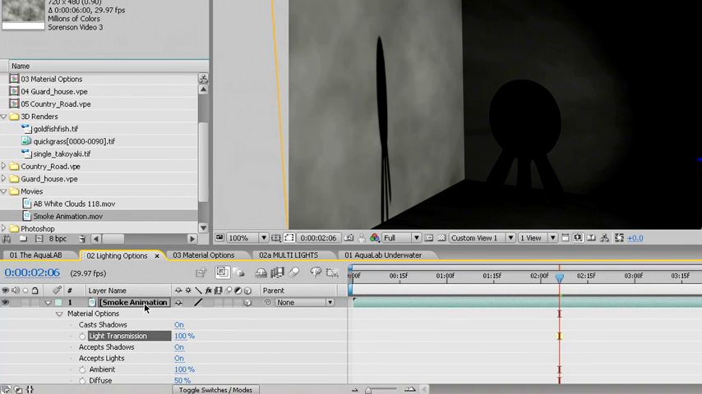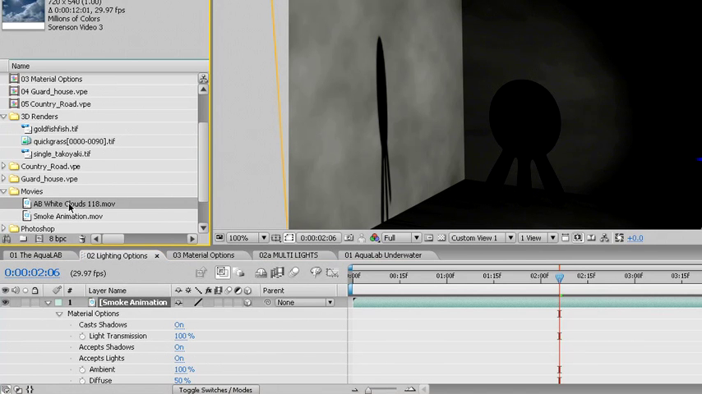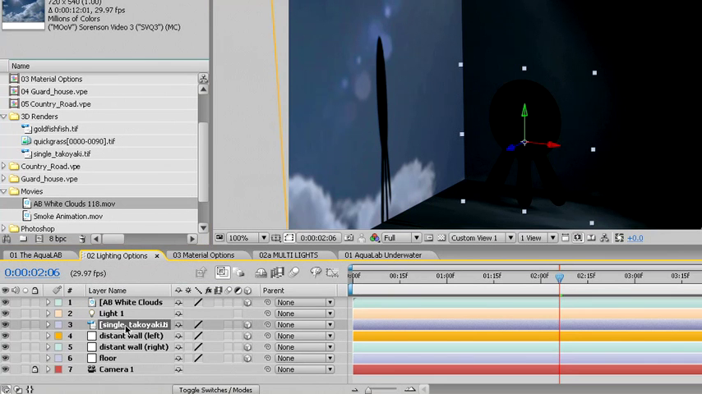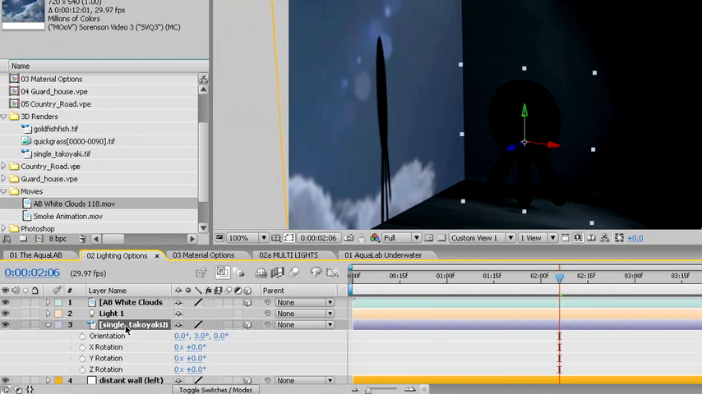We'll select this layer and then switch it out with a movie called AB White Clouds 118. This is a clip of the sky provided by Artbeats. We'll simply select the layer, then holding the Alt or the Option key, drag down into the timeline to switch that layer out. Now, if we choose the takoyaki layer, then as we rotate him around his Y-axis, because we're